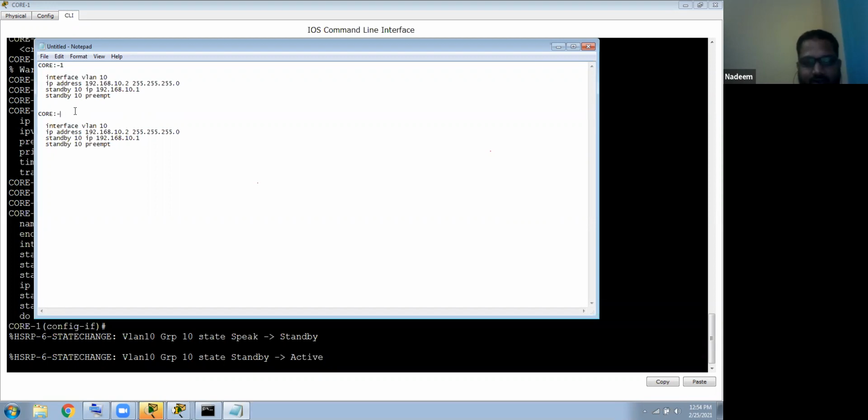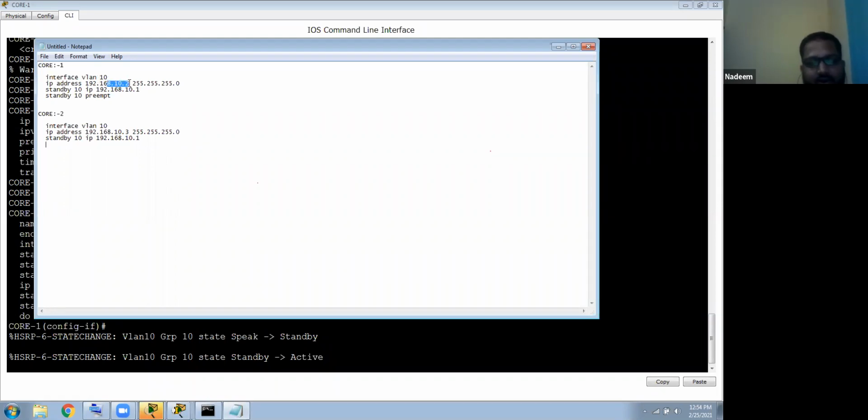So if I go here, core 2, oh sorry, this is for VLAN 10, right? The IP address will be 10.3, and the standby will be the same. Can you see? You remember from the gateway we required three IP addresses.